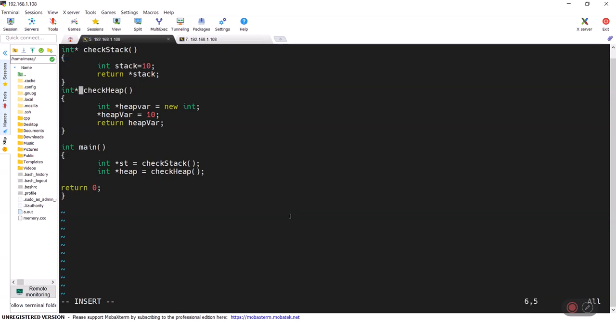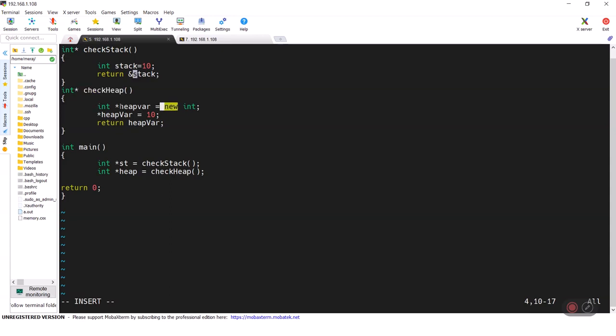This is a very simple program, which has two functions other than the main method: a check stack method and a check heap method. Inside check stack, we are creating a local variable and returning the address of this local variable. We do the same thing inside check heap, but the only difference is we allocate memory from the heap using the new operator.